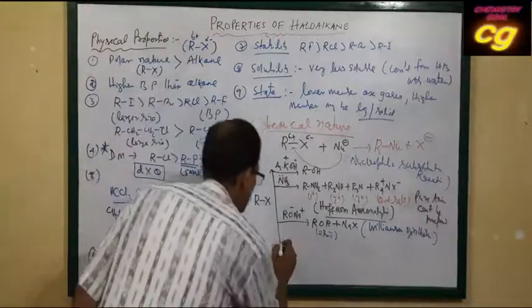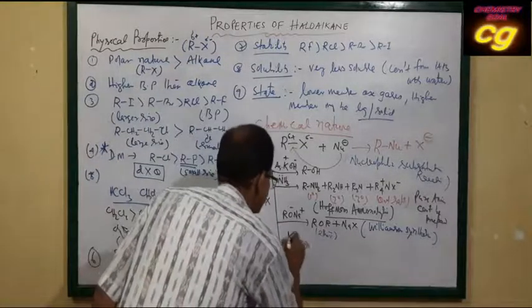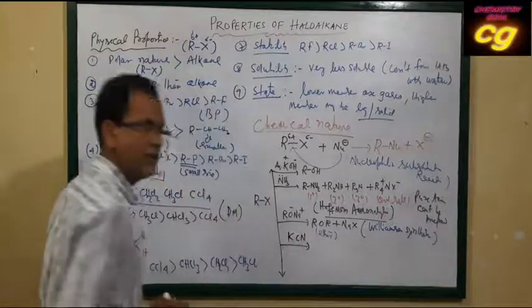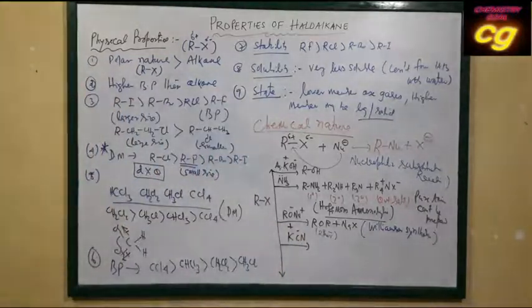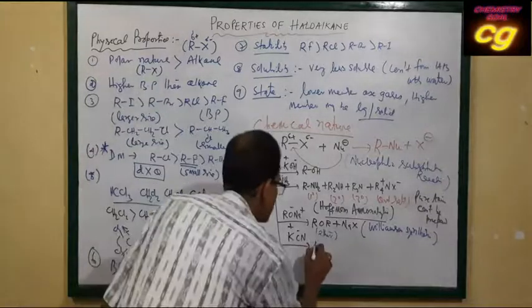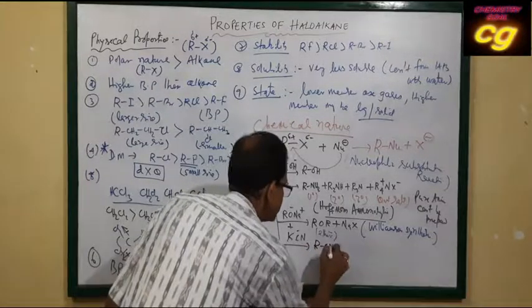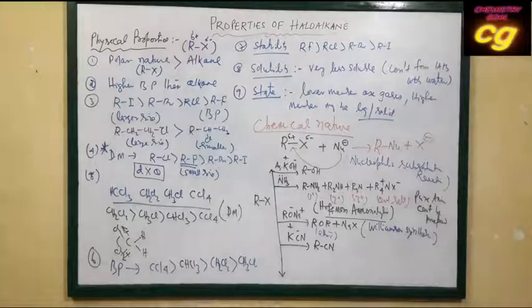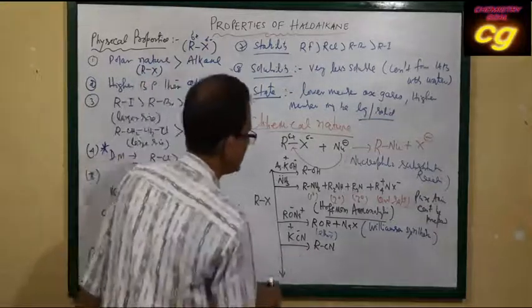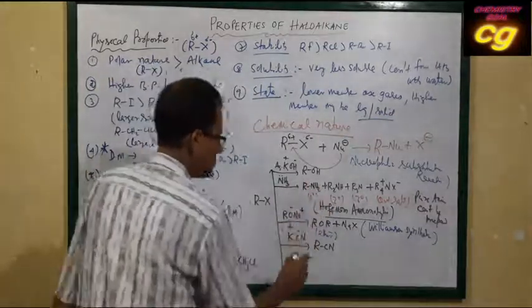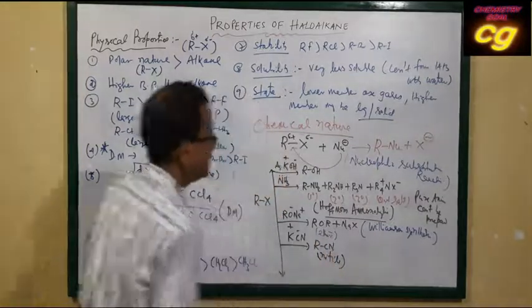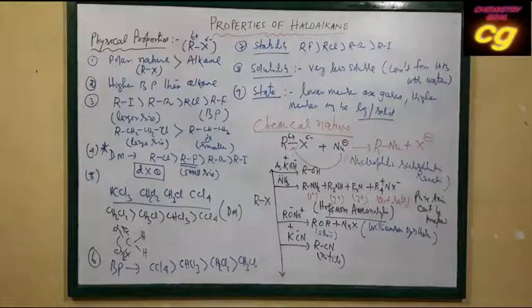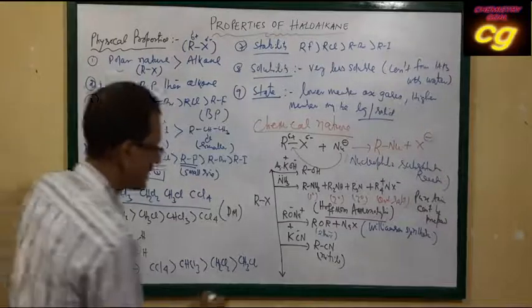KCN, here K carries plus charge, CN minus, C carries minus charge. So the product is RCN, nitrile. This type of compound is called nitrile. These are amines, this is alcohol, this is nitrile. But if you take AgCN,